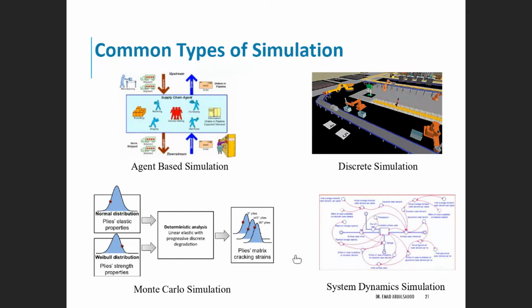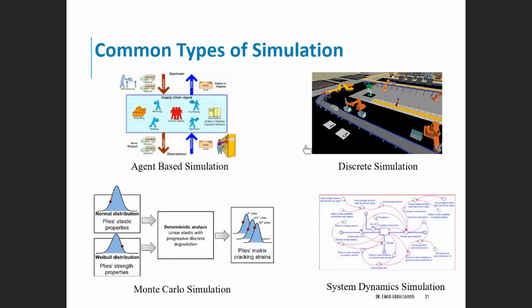Monte Carlo simulation, system dynamics simulation. In the agent-based, the model is a process using agents, and as you can see here, those agents don't have to be human, as the picture or the logo here shows. It could be a company communicating with another company, or a process or machine communicating with another machine. But the concept of agent-based relies on the system working using agents, regardless of whether they are human or assets or